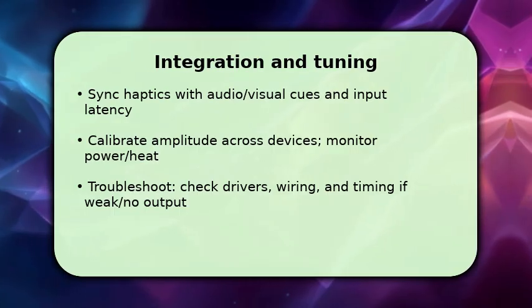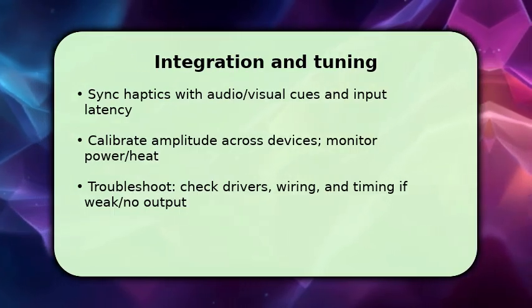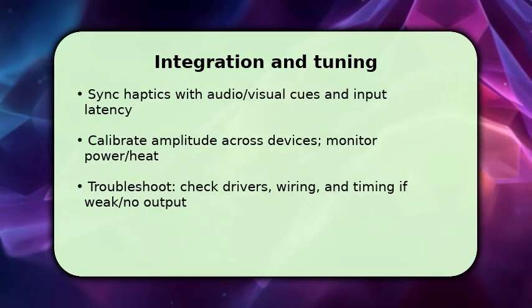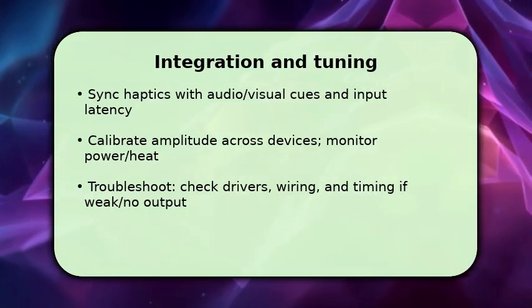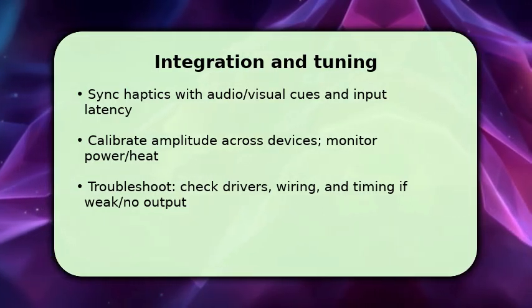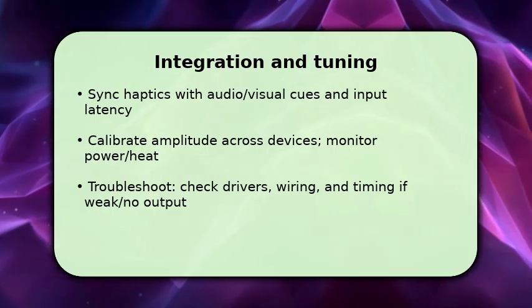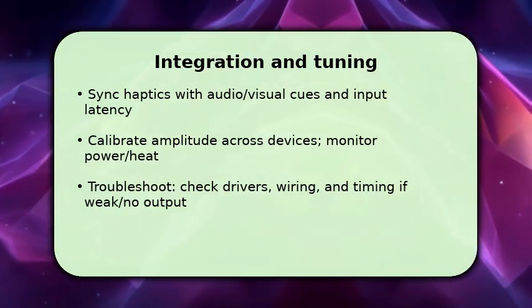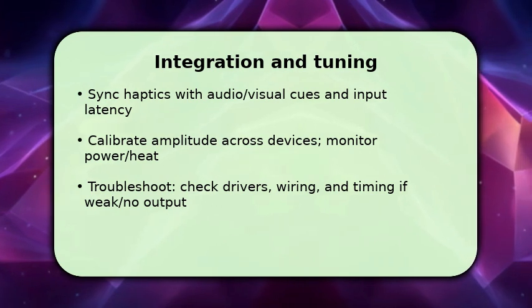Tune parameters per device. Different actuators need different amplitude and frequency adjustments, while monitoring power draw and thermal behavior to avoid throttling. Once done, test across scenarios and user profiles to refine perception. If things go wrong, check drivers, wiring, and timing first. Intermittent or weak output usually points to software timing or